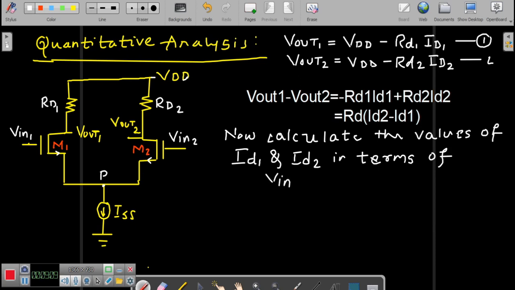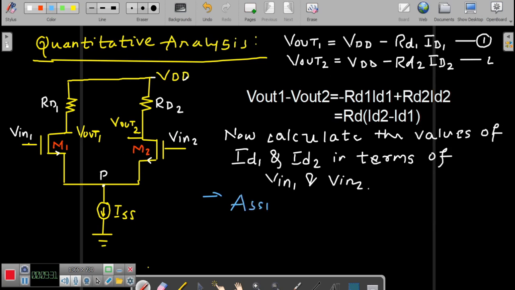Now we will try to take this in terms of the input voltages Vin1 and Vin2. Let's take these things properly, Vin2 and Vin1, and here we will have to make a small assumption,